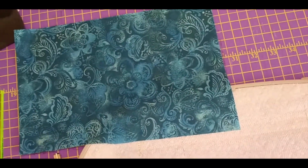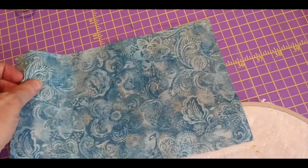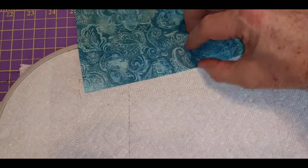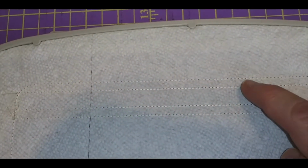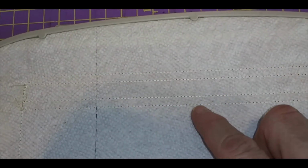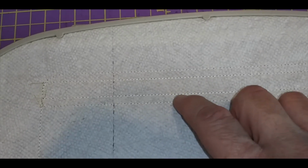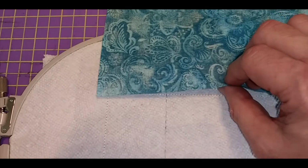which is going to be this blue fabric, and I'm going to turn it right side down, so I'm looking at the back of it, and I'm going to place it right, okay, you see there are 4 lines, 1, 2, 3, and 4. I'm going to place the edge of the fabric right along this line right here, because the stitching will actually occur where this line is, the second line in. So just make sure you've got it fitted well enough where it'll be over that one particular line,